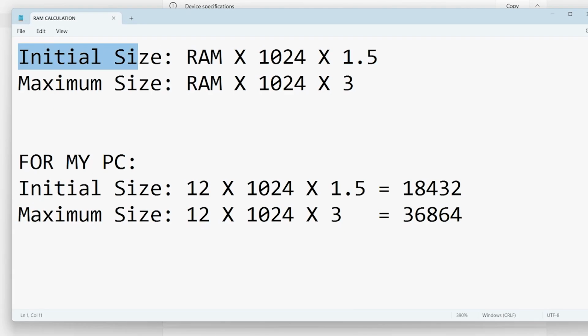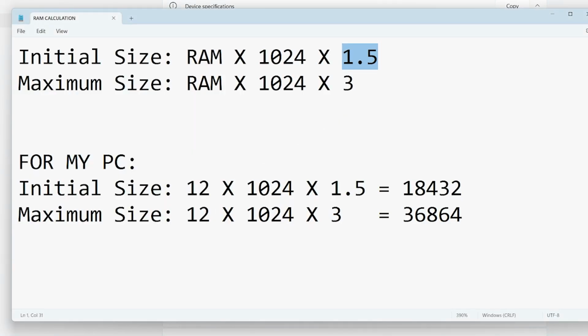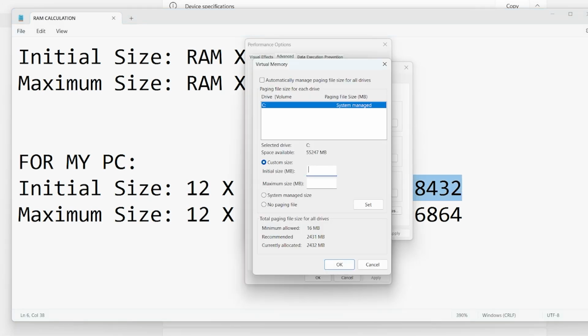In initial size you need to write your RAM, then multiply it by 1024 and then by 1.5. Like I have 12 GB RAM, so 12 multiplied by 1024 multiplied by 1.5, and here is the value. I will copy this and paste it here.